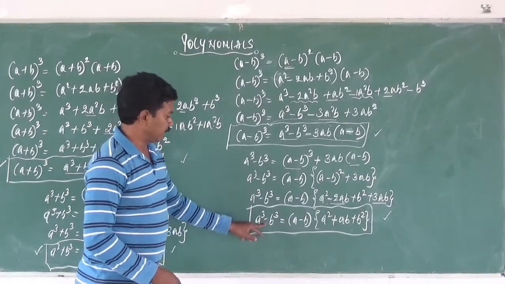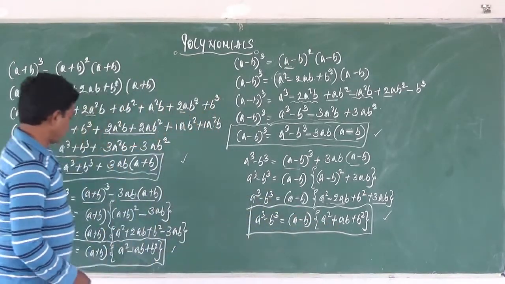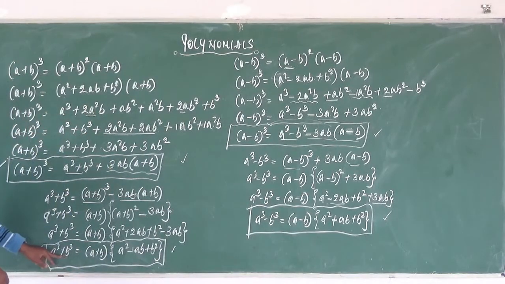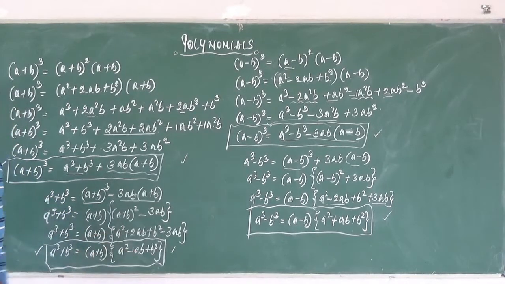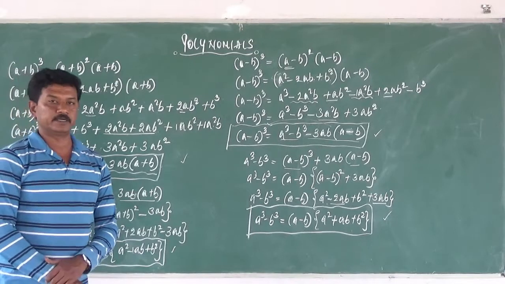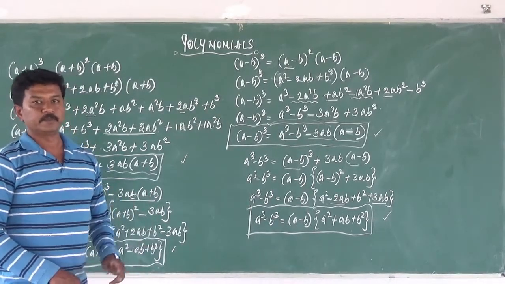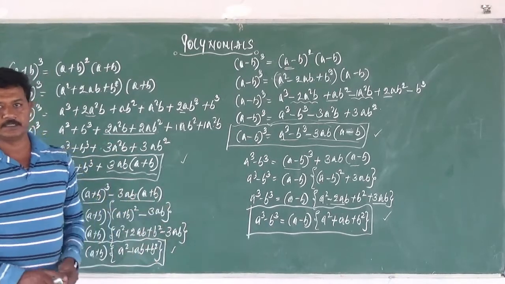So here if you have minus in the binomial, ab will be positive, and here if you have plus between these two terms, the binomial will be plus and ab will be minus. So this is how you have to remember and recall this. This is very important. So now let us solve very simple 2-mark application questions on these identities.